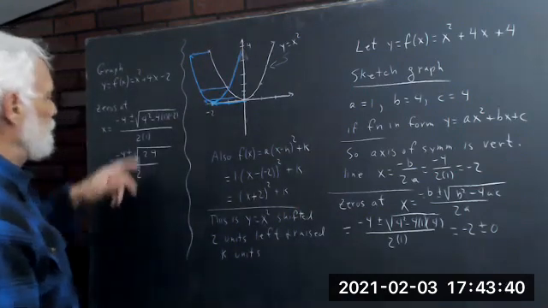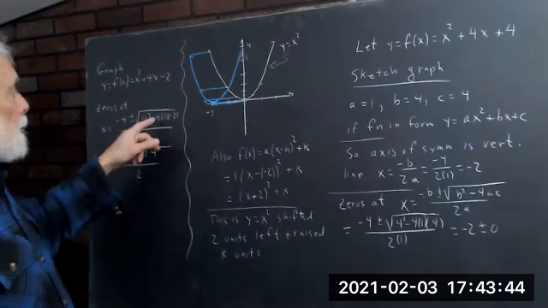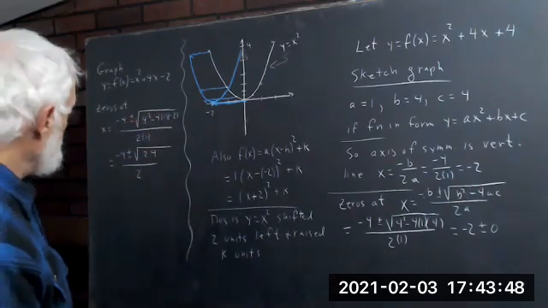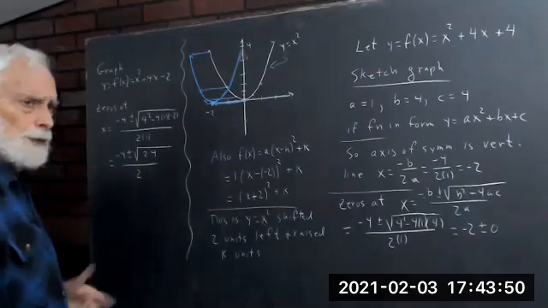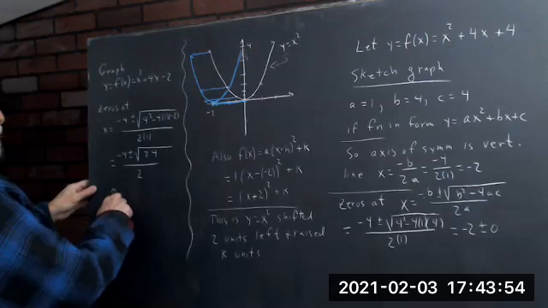Let's make sure about that 24. 4 squared is 16. 4 times -2 is plus 8. 16 and 8 makes 24. And then what's the square root of 24? Well, take a calculator, but